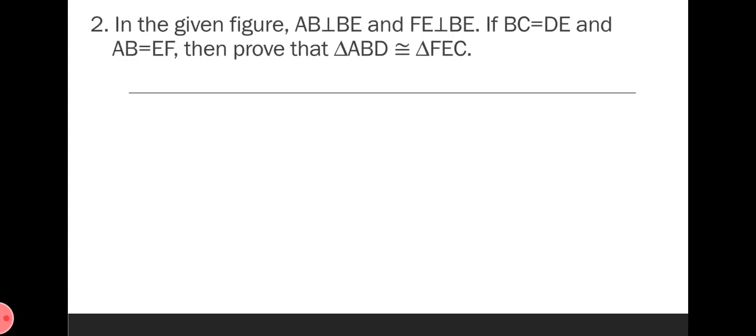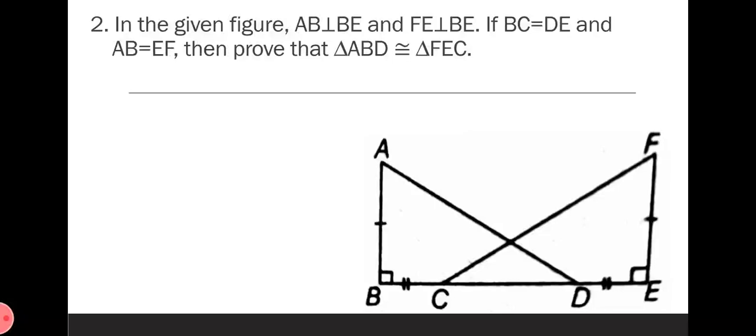In the given figure, AB is perpendicular to BE and FE is perpendicular to BE. If BC equal to DE and AB equal to EF, then prove that triangle ABD is congruent to triangle FEC. Let's see the figure. For the solution,